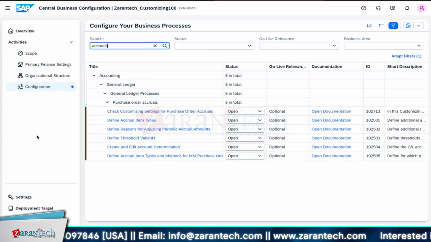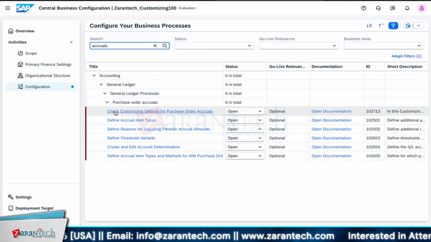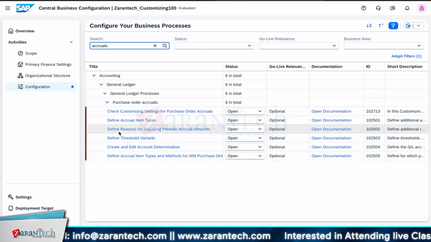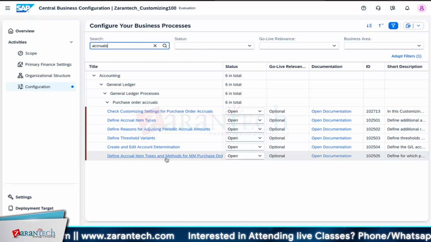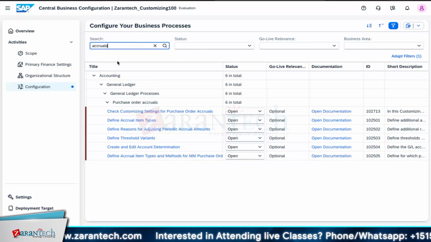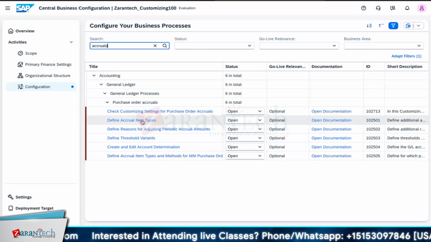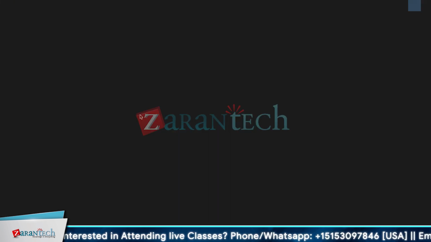You can check the customized settings for your PO accruals. You can define your item types. You can define reasons for your existing periodic accrual amounts, and you can define your types and methods here. Especially in this accounting IMG, you can see these. So when you go to define accrual item types,